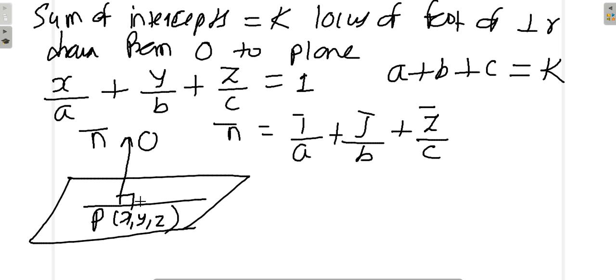We also have a plus b plus c is equal to k, and the foot of perpendicular means this particular point also lies on this plane. So suppose we take this as x1 y1 z1, then you have this one equation: x1 upon a plus y1 upon b plus z1 upon c is also equal to 1. Now the question remains is how to relate these two and get a plus b plus c equal to k somehow in our